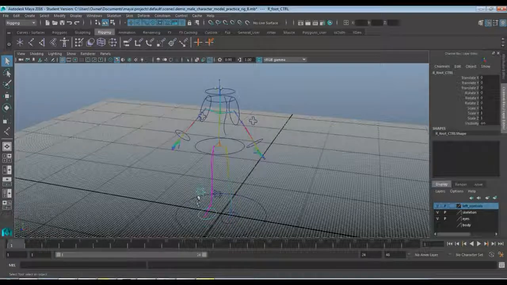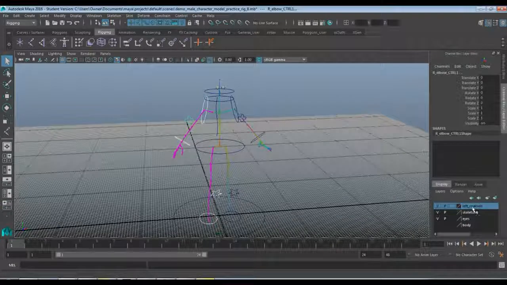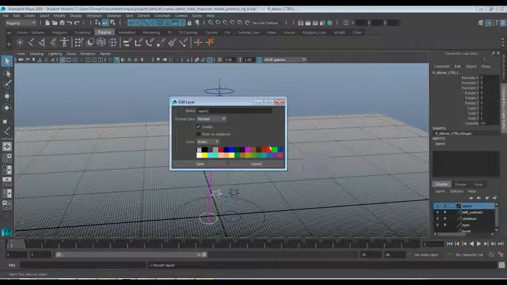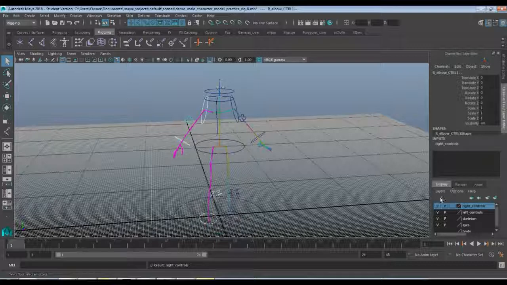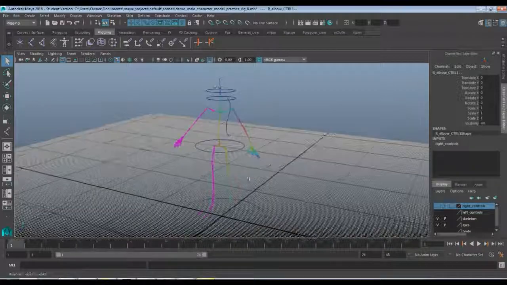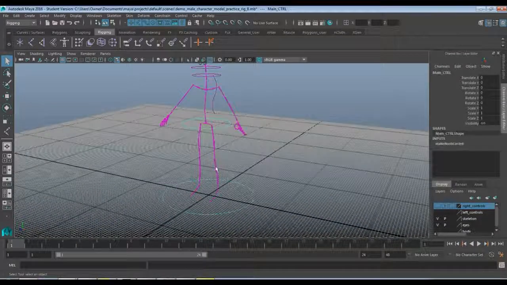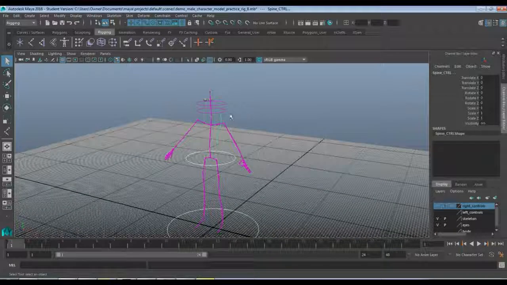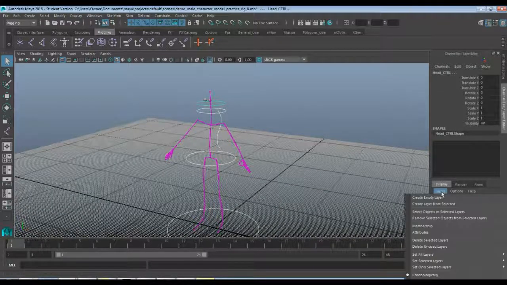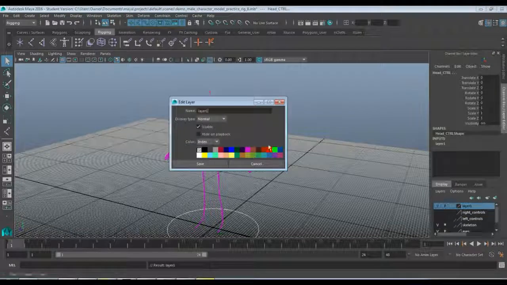I'm going to grab all the ones on the right side. Create layer from selected. It's going to be right controls. And then the ones that are on the center of the body, go ahead and select all those. Create layer from selected. And this is going to be center